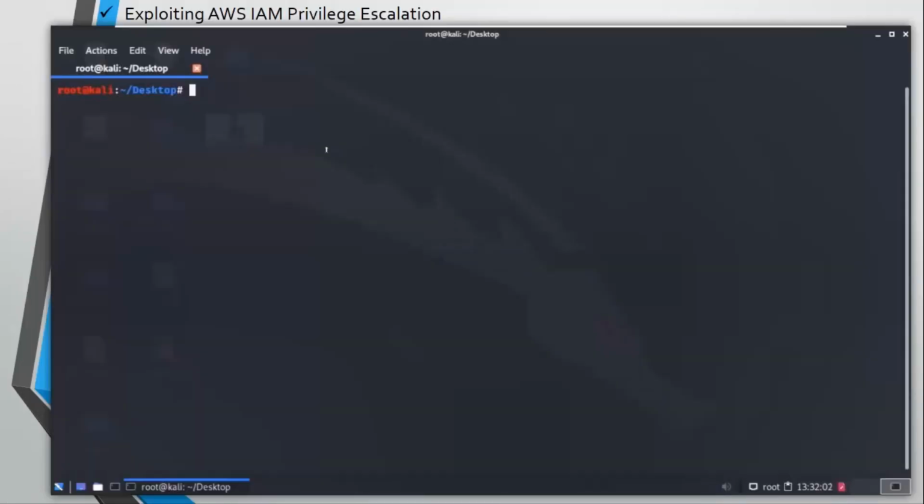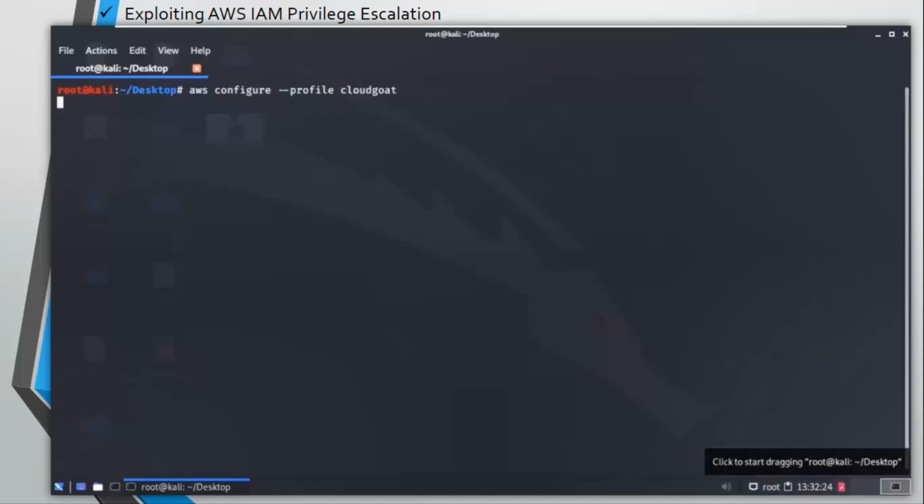So if you remember, we have created one CloudGoat account in AWS and we have given it programmatic access. If you have not been through the previous videos, you must go through them. I have shown you the complete demo of how to do that. So now we are going to create the profile for that account in AWS CLI.